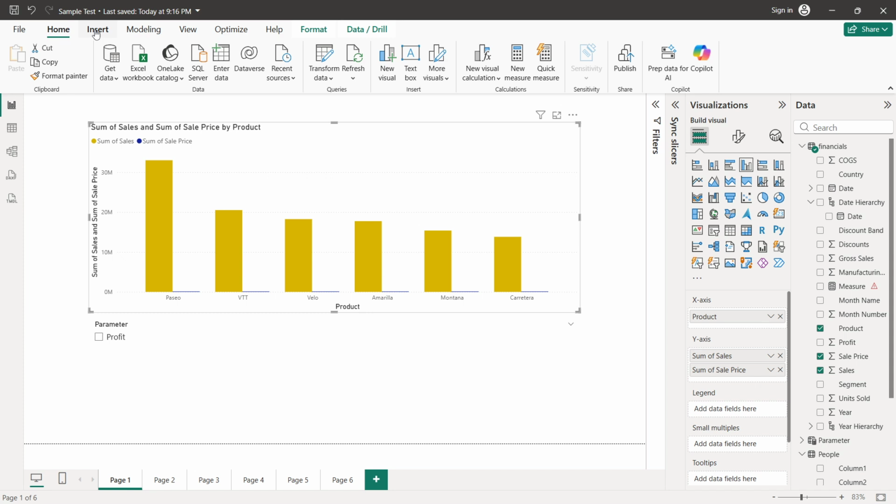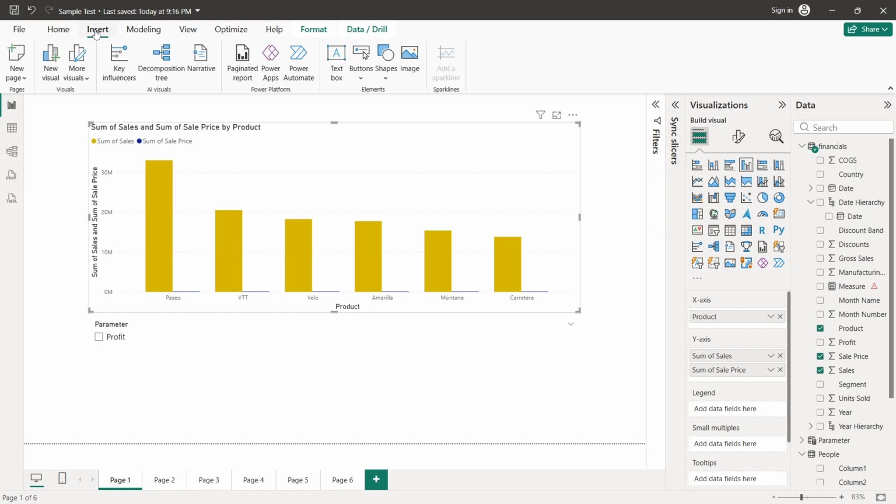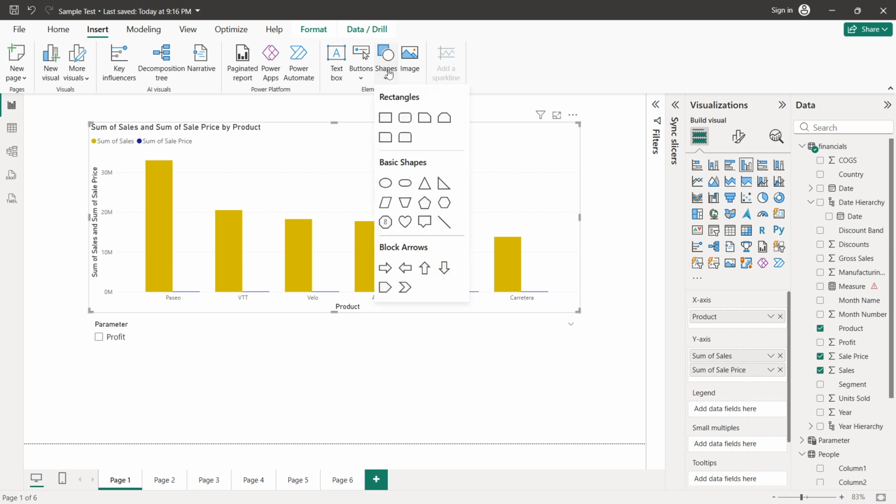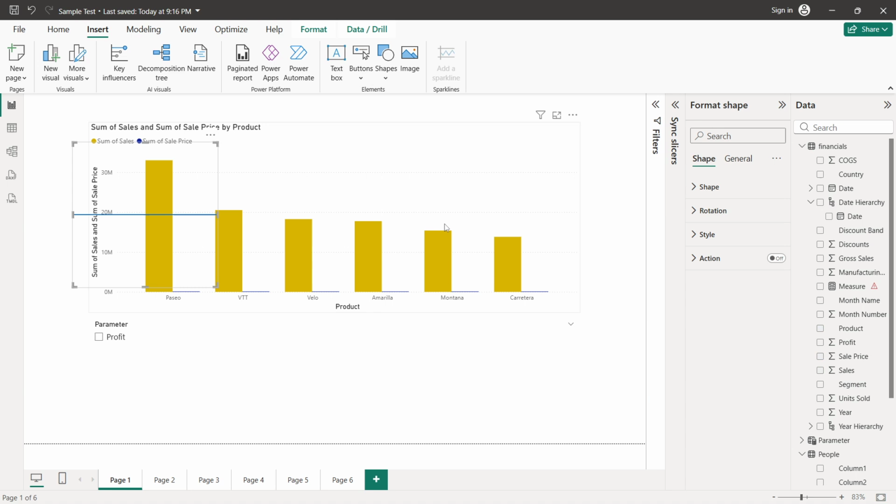Head to the ribbon at the top and click Insert. This is where Power BI lets you add elements that sit on the report canvas like text boxes and shapes, which are perfect for annotations and emphasis. From there, choose Shapes. A gallery will open showing different geometric options. Select Line. The line shape is ideal for creating a dashed or dotted effect that overlays your chart without changing